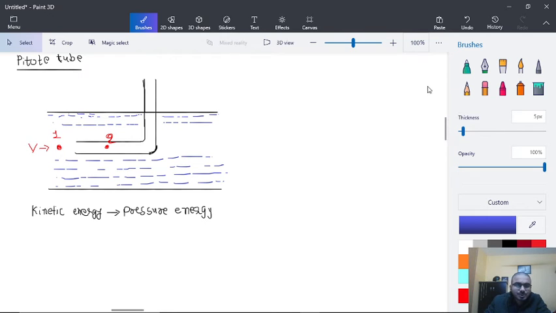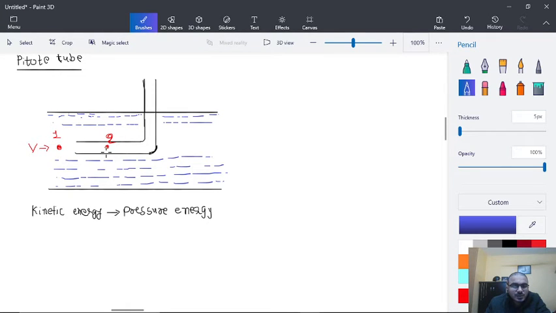So here we are having a Pitot tube in which the fundamental is that this is the main pipe through which the fluid is flowing from left to right at a velocity v, and here we have provided a pipe with a bend of 90 degrees. So we are going to focus on two points. Point 1 which is in the main pipeline, the bigger pipeline, and